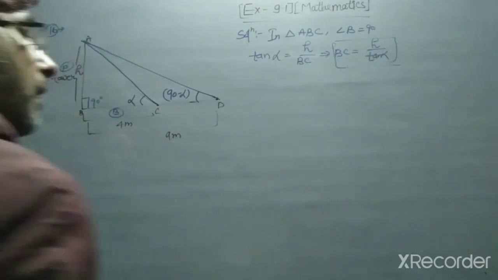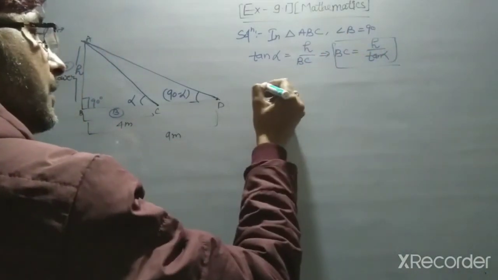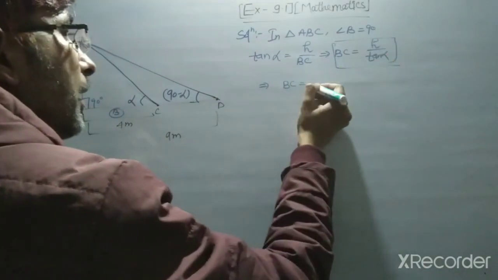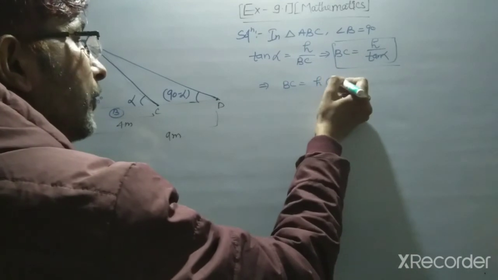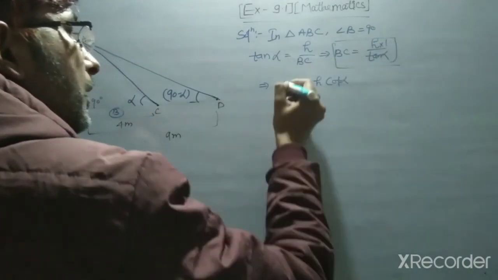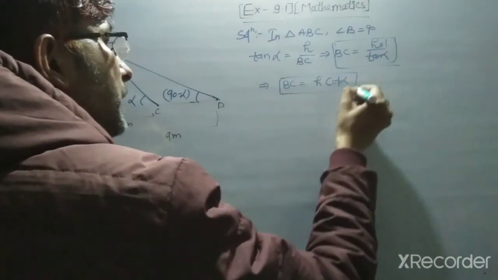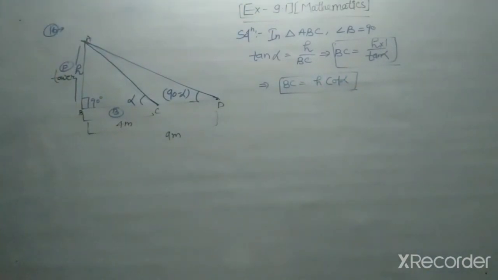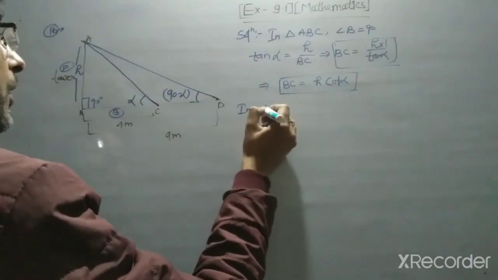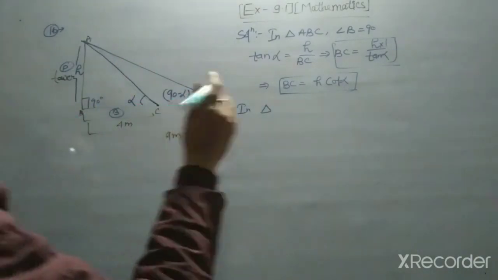Clear? So you have to write BC is equal to this value converted as cot alpha, because this value is 1 upon tan alpha. So BC is equal to h cot alpha. And then after that you have to use this triangle. So in triangle ABD,